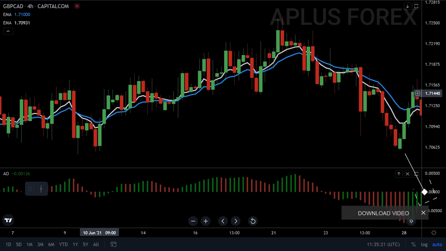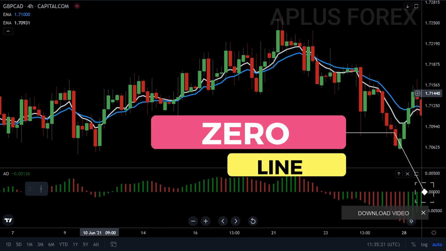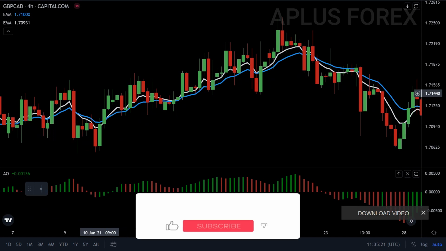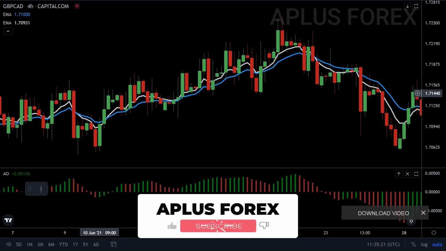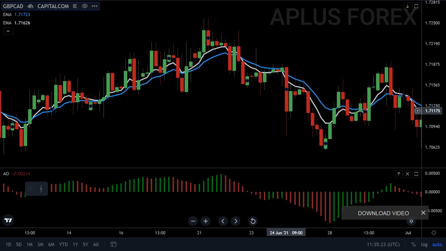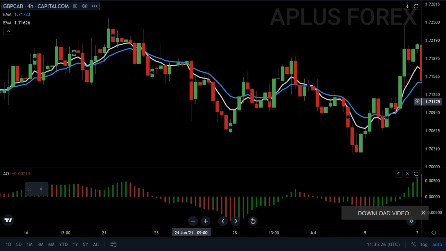The zero line, around which the indicator oscillates and moves between positive and negative value, is another component. If the indicator values are above the zero line, it means that the shorter period is greater than the longer period, and vice versa. If the shorter period is lower than the longer period, the indicator will be below the zero line. When the histogram moves above the zero line, it indicates that the bullish forces are driving the market. Whereas when the Awesome Oscillator value falls below the zero line, it indicates that the bearish forces are driving the market. Before we go to our strategy, let's check out the different common Awesome Oscillator indicator strategies used by traders.